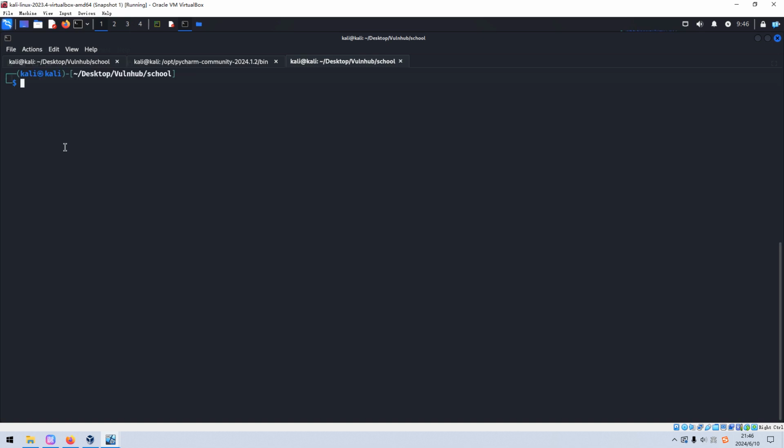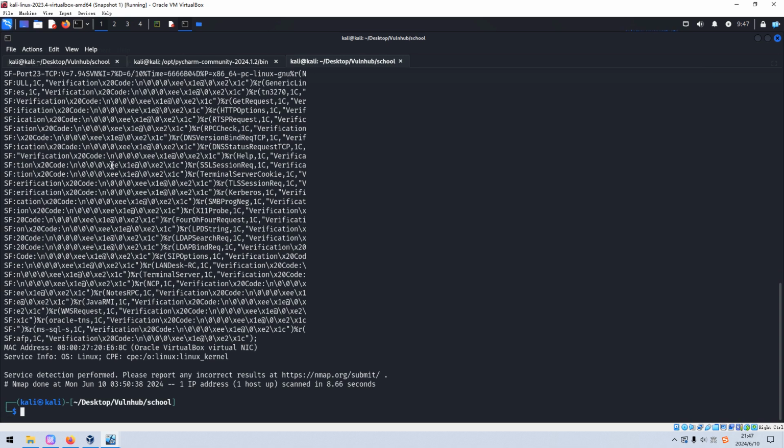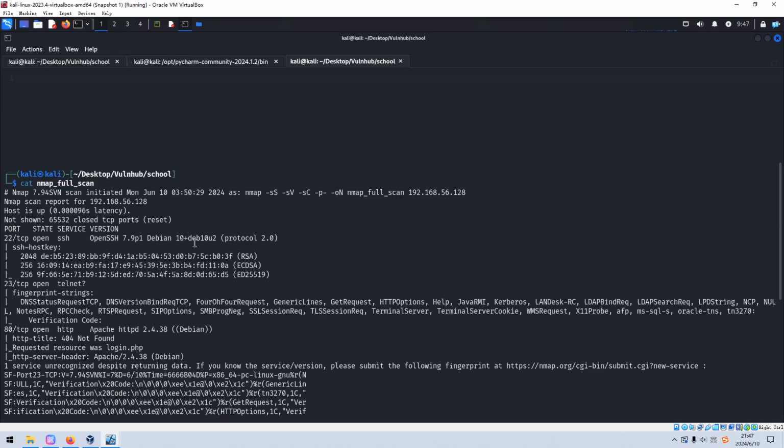So what are we going to do next? We need to do the port scanning or service scanning with Nmap. To save time, I've already completed it earlier, so for now we just get out the result. As you can see over here, I use options like the SYN scan, the version scan, and the default script scan, followed by -p- to do the full range port scan. The last option is -oN to output the result into this file. Although the IP address has been changed from when I did the machine the first time.